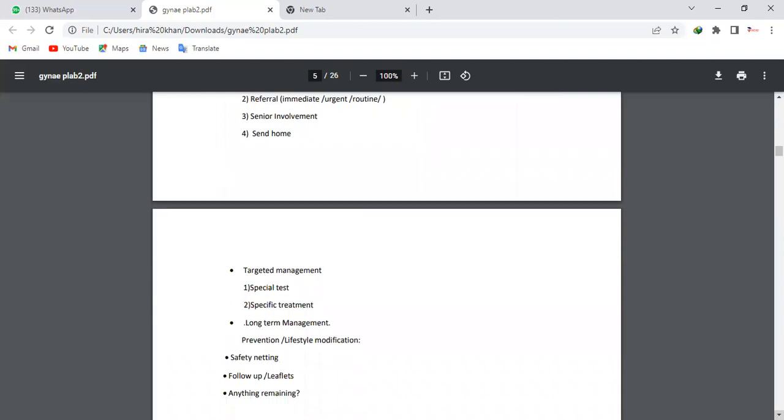And then targeted management, like if some more tests you are going to do, some treatments. For example, what treatment could you give? Like for example, if you are starting the patient on medicine, do not say I'm going to start you on beta blockers. No, never. Always say, well, we need to start you on a medicine to control your heartbeat, or we need to start you on some medicines that will kill the bug. By that I mean the antibiotics. So you can simply say, well, we are going to start you on antibiotics. Actually, these medicines will help to control the symptoms.